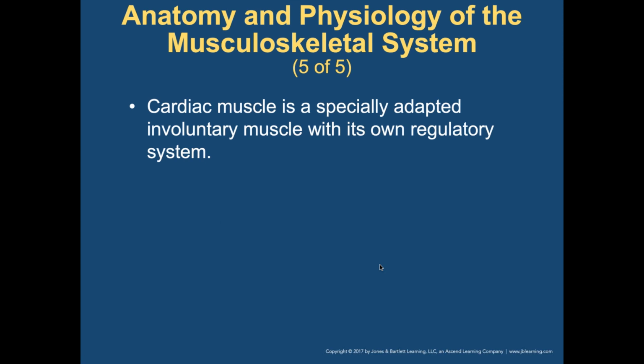All right, so the cardiac muscle is a specially adapted involuntary muscle that is in its own regulatory system. The heart makes its own beat. That's what controls the beats back and forth, is the muscles. If we don't have good muscles, the heartbeat's going to be bad. Then the muscles of the heart are going to start wearing out. So we have all these different functions that rely on the musculoskeletal system, much less its own involuntary system to make the heart beat.